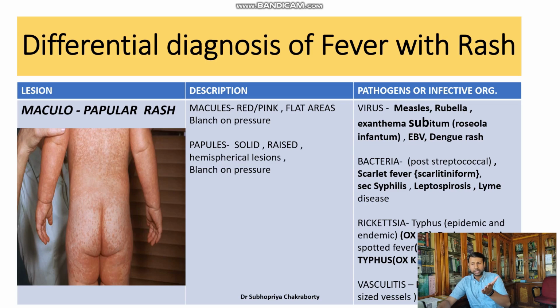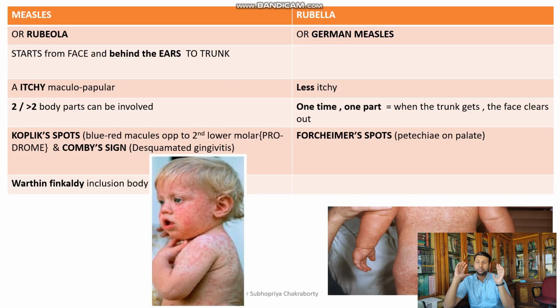So you can take a snapshot of this, like how we can differentiate measles from rubella. Rubella is also known as German measles, and measles is known as rubeola. Measles rash starts from the face and behind the ears and comes to the trunk. It's a very itchy maculopapular rash, but rubella is not that itchy. On the other hand,